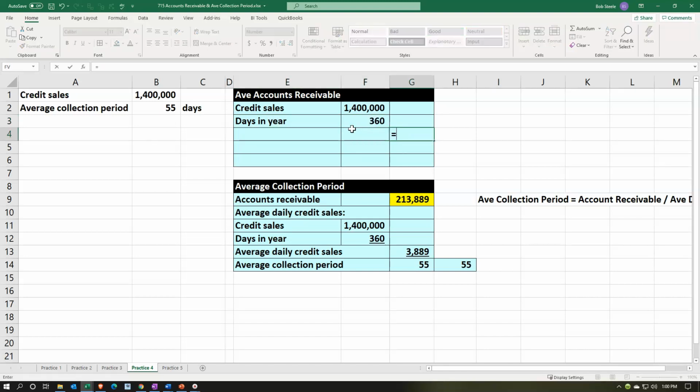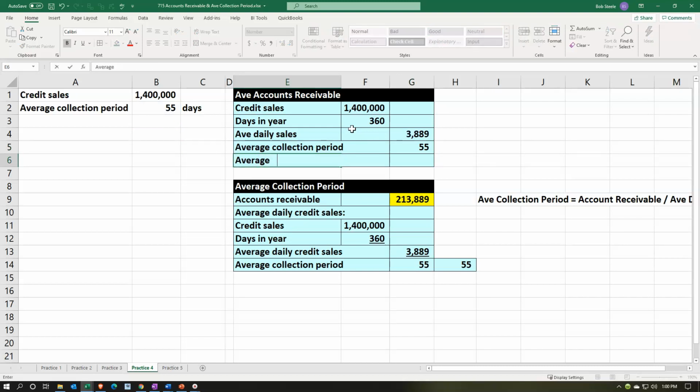And then I'll divide that out. So once again, we did our calculation for the average daily sales. Average daily sales. And then we're going to be picking up the average collection period, which is given to us here in days. That's going to be equal to the 55, and that's going to give us the